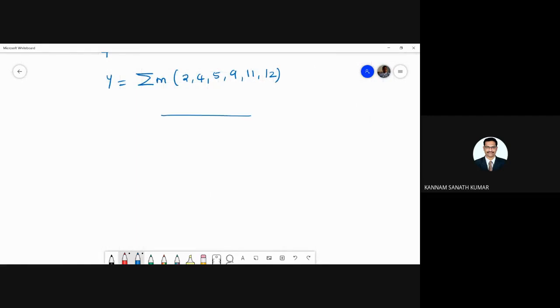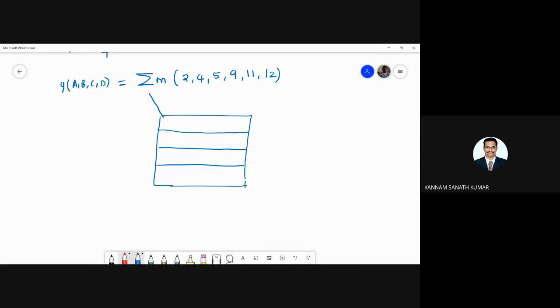A 4 variable K map, this is Y of A, B, C, D. If you draw the K map, A B and C D: this one is 0 0, 0 1, 1 1, 1 0, and so on.